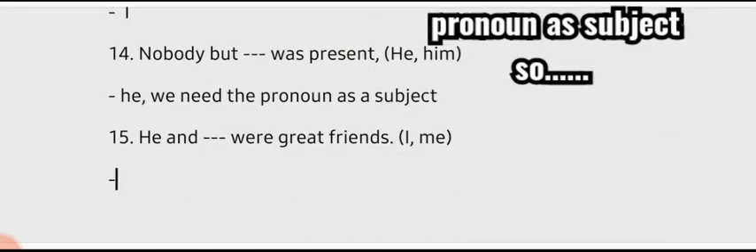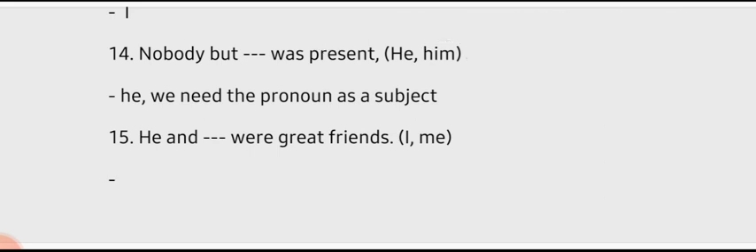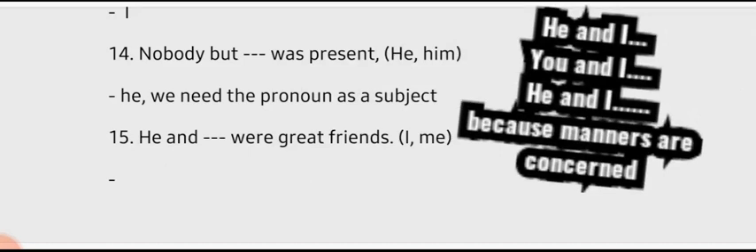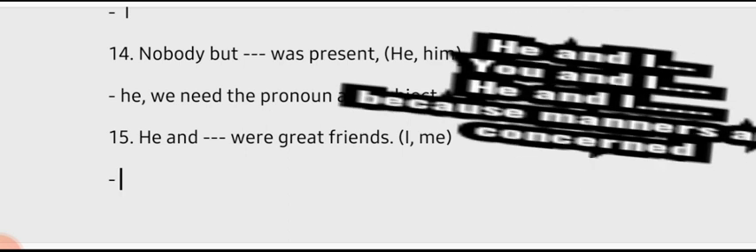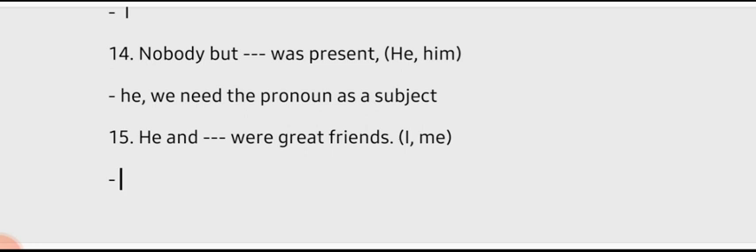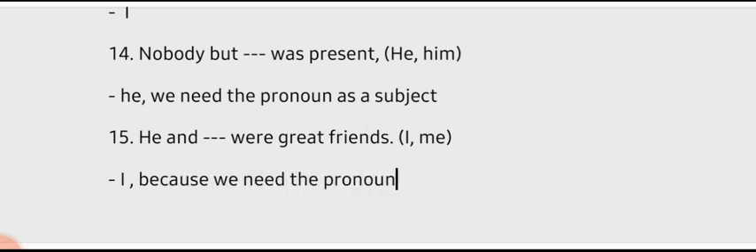And the last sentence, he and I were great friends, right? So we should not write I and he or you and I and you in this way. We always means if there are two persons we are talking about, he, she, it, they, and I. So we gave least preference to I, right? So here I is the answer, and the reason is because we need the pronoun as